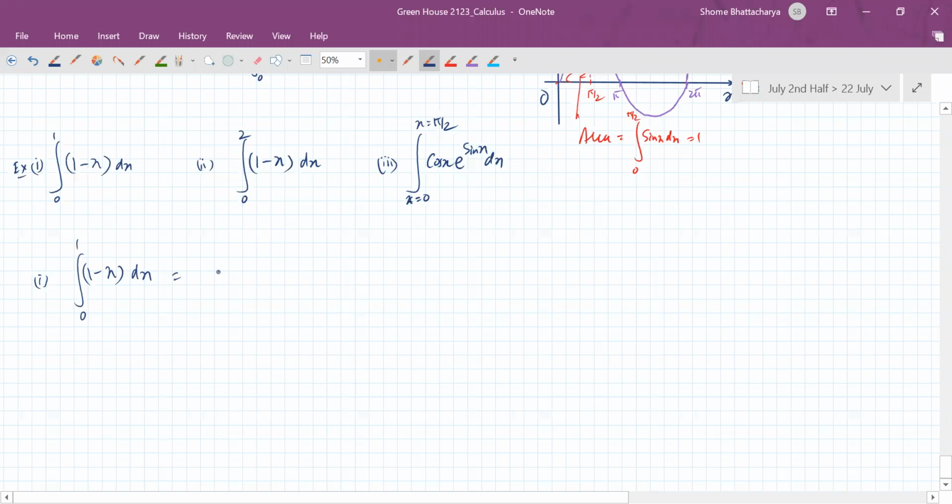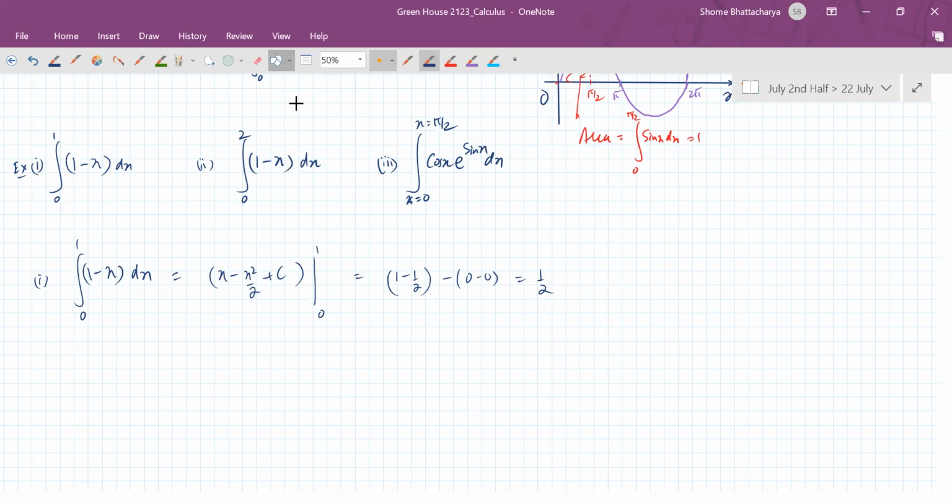So the antiderivative is x minus x square by 2 plus c, from 0 to 1. So the upper limit is 1 minus half. C anyway cancels out, so I will not write it. So it's half. Now this also has a significance which you can understand very easily, because if you plot this